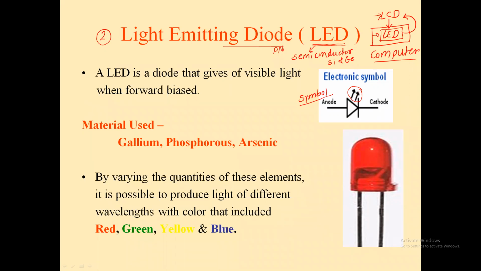Get it, my friend? Now try to read it. The LED, light emitting diode, is a diode that gives visible light. This is a common MCQ type question. And a very important thing is that an LED is always operated in forward bias. It is never operated in reverse bias. If you connect the LED in reverse bias, it will be permanently damaged. So it's your responsibility: when you connect the LED to a circuit, you have to connect it in forward bias only.